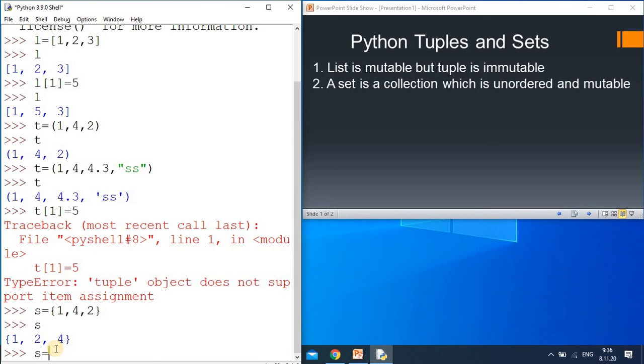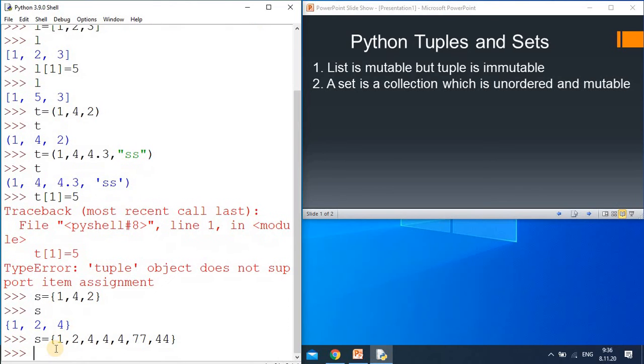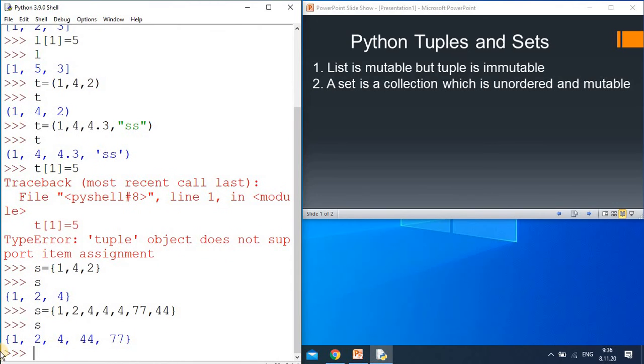Suppose again I am adding some elements like 1, 2 and 3, sorry, here 4, 1, 2, 4. I am repeating 4 again, and the next elements are 77 and 44. So I have added more elements. Now I am just checking the output. You see,